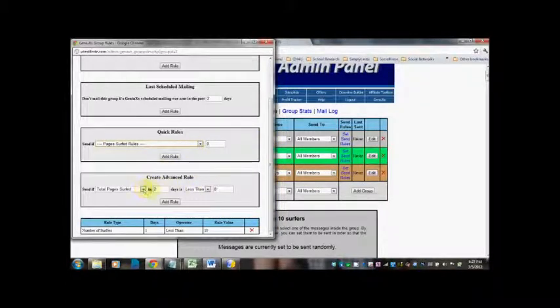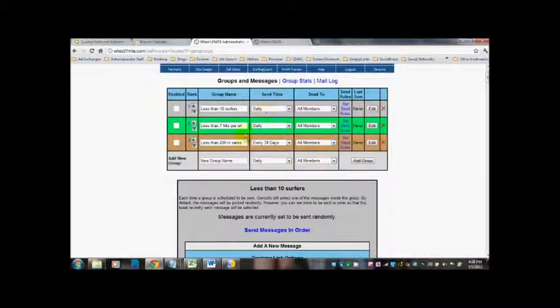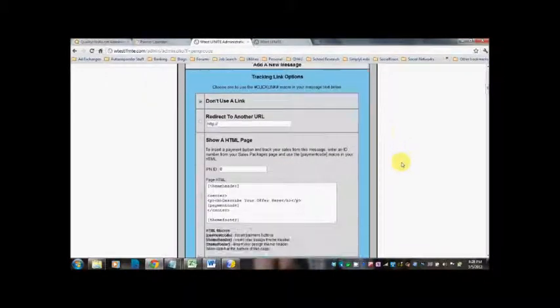Create advanced rule. Total pages surfed in 2 days is less than, or you can go number of surfers in 2 days is less than, or average daily hits per URL, or total sales. Add your rule, and you can see that the sky's the limit. You can tell GeniuX and your script to do whatever it is that you want it to do. And the thing is, if you're going to use Josh's presets in here, or you can make your own, but make sure that you are